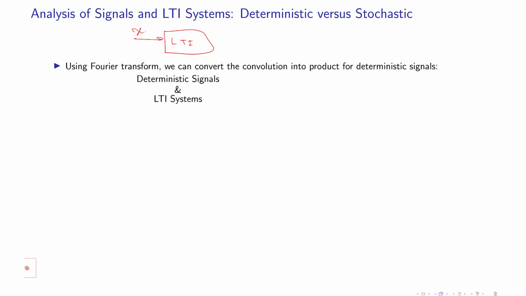if your input is x of t and then your output is y of t, we know that for any LTI system there exists h of t, and h of t is basically the response. If you give delta t, unit impulse response, then you get h of t. Then for any other output, y of t is equal to x of t, a convolution integral with h of t, which is equal to integral of, let's say, h of t minus alpha times x of alpha d alpha, and then alpha is a dummy variable from minus infinity to plus infinity. So this is for